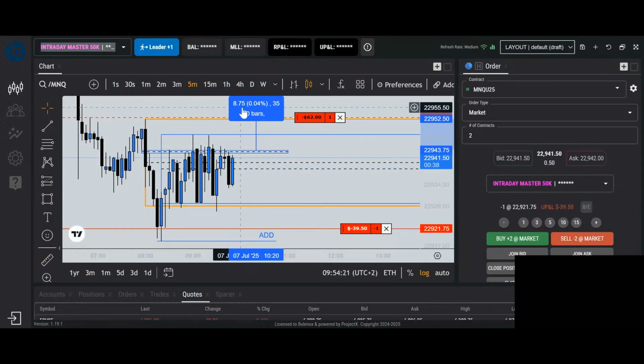So 8 points, that means $16, $17 per contract. To go to a half R, that means you can add an extra 5 contracts. Even if you only added 2 here, you need to watch how many points. If this was a full R, you can just decrease the amount of money that you would save and then add to it. The reason why you can add so much more here is because our entry is, of course, much higher in this trade than it's down here.